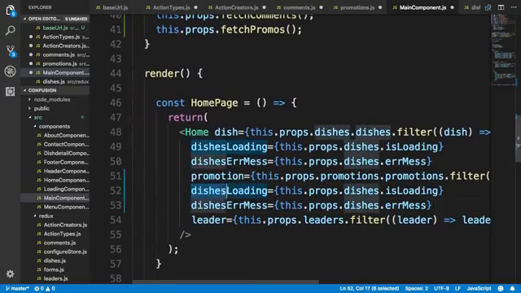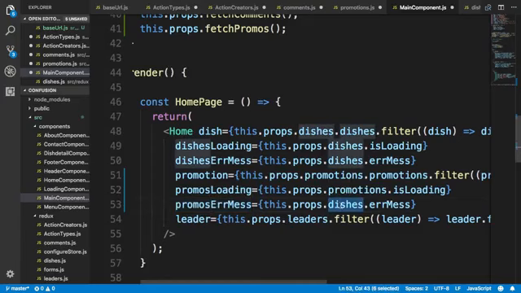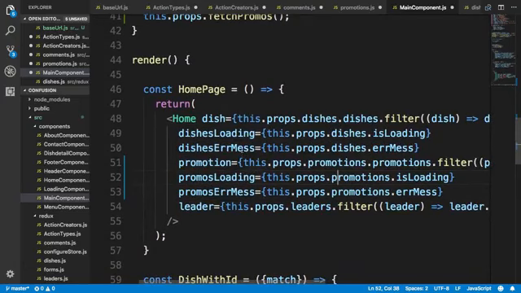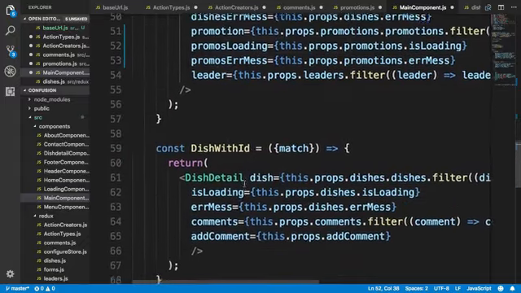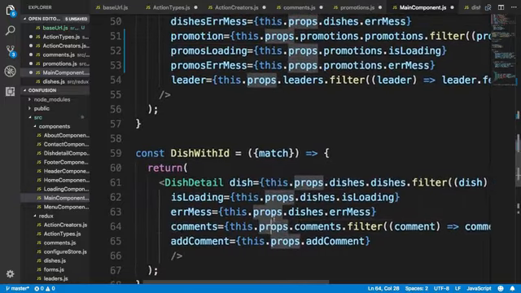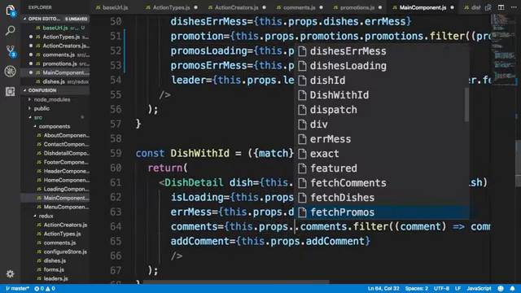So this would be promos loading. So this.props.promotions is loading, and then promos error message. Say this.props.promotions error message. So the home component now needs to pass in for the promos also, just like we did for the dishes. And similarly, coming down to the comments here, the comments now are going to be in this